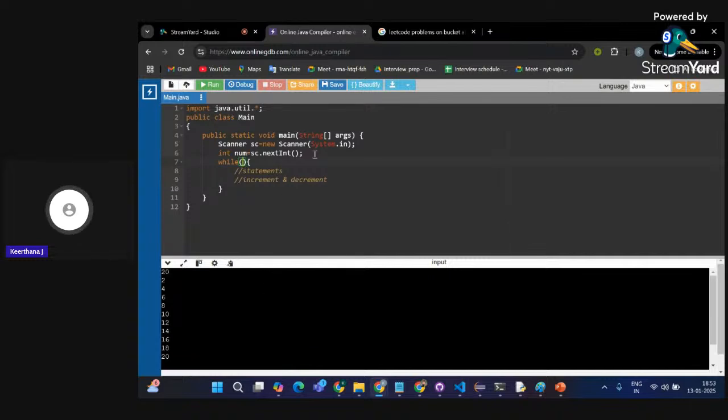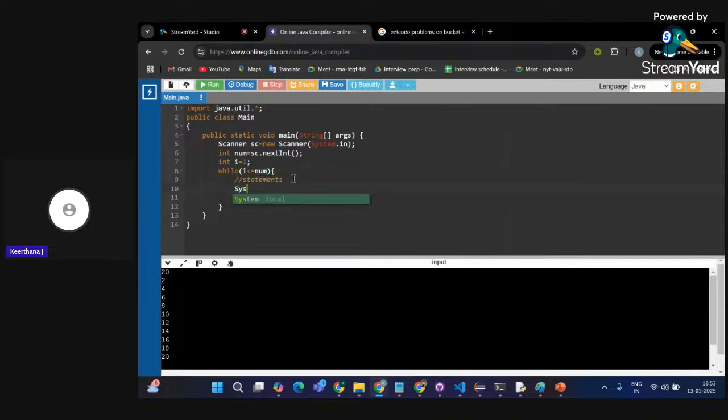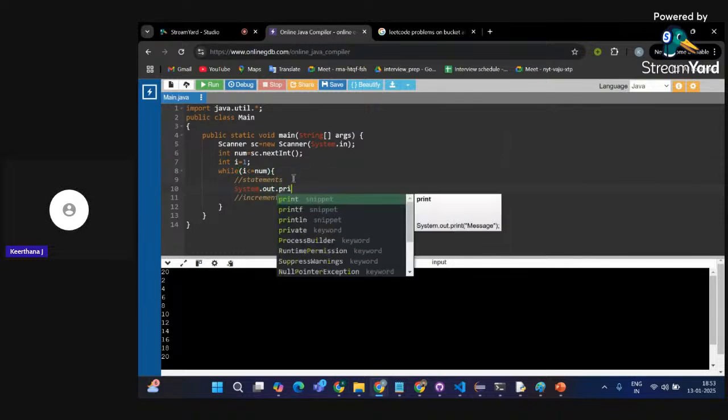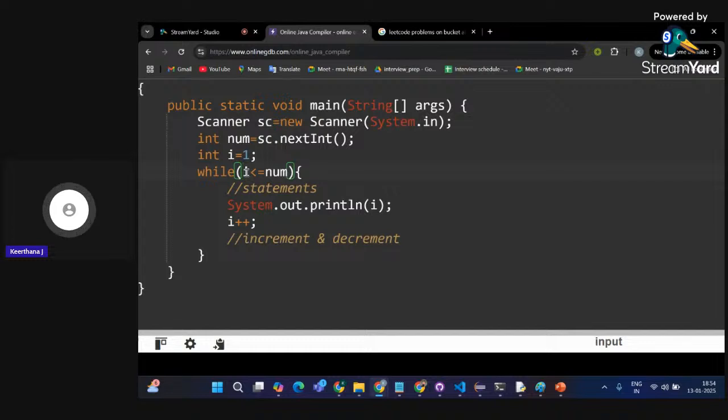you're going to print the same num value only. You'll be giving a variable, int i is equal to 1. While i is less than or equal to num, you'll be printing the i value, and you will be incrementing i. So now what happens? i will be initially 1, so it checks the condition. If 1 is less than or equal to the num value, for example, assume I'm going to give 10. So it checks if 1 is less than or equal to 10. Yep, that's true. So i will be printed. Now i will be incremented.